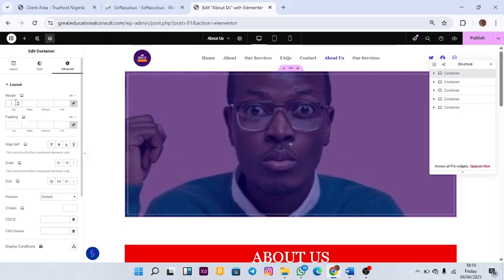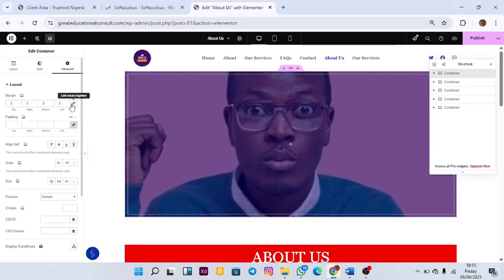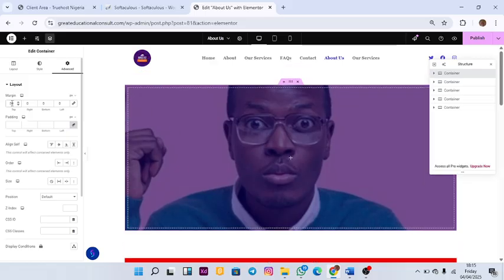This is just some editing. Margin is outer space. Let me say I want to give it 50. If you move it down, it's just based on now. This thing I'm pointing at here means that it's linked. Do you see, link values together? If I put 5 here now, everything will carry 5. But let me unlink it. That means if I put 5 here, it's only the top. Do you understand? So I said margin is outer space,